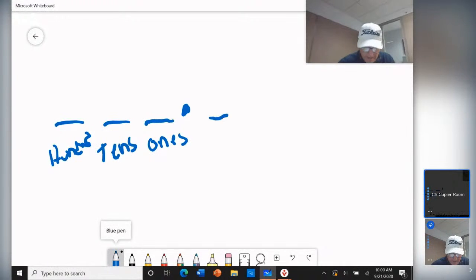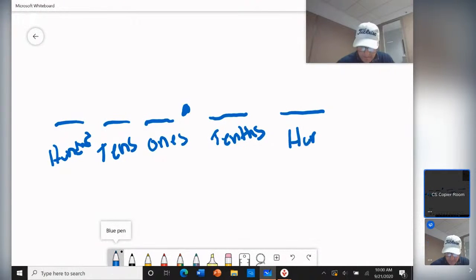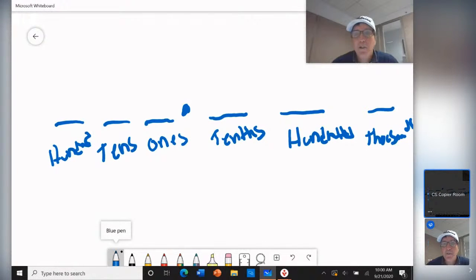And on the other side, we have the tenths, the hundredths, and then the thousandths. And I'm sure some of us are familiar with that, but I want to dig a little deeper into what